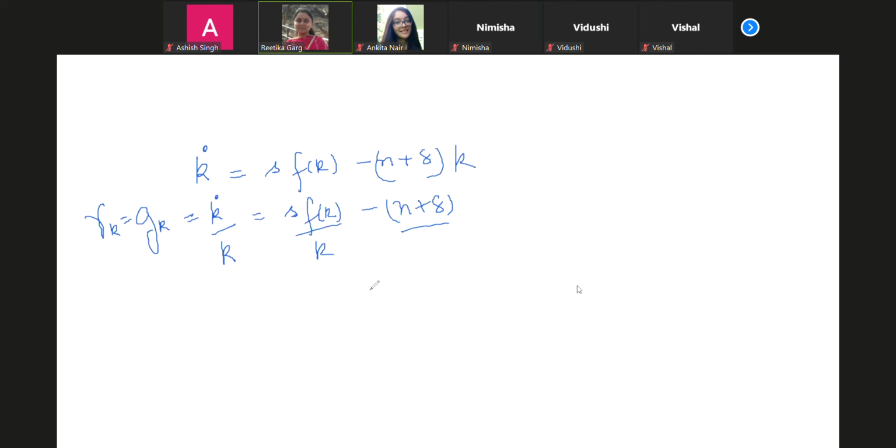Now, again, just doing a few manipulations, you want to convert this into a differential equation. As you can very clearly see, you have a differential equation working here. So first, let's substitute for F(K). Let's say that this is S A K to the power alpha upon K minus (n plus delta). So I've substituted for the Cobb-Douglas production function. And now what you need to do is work out a differential equation here. So you'll make a few manipulations. You'll have K dot by K, and now I'm trying to bring this down over here, so this is K raised to the power alpha is equal to